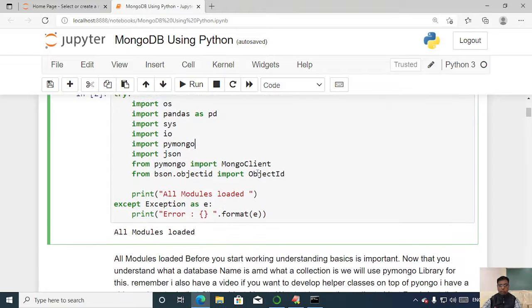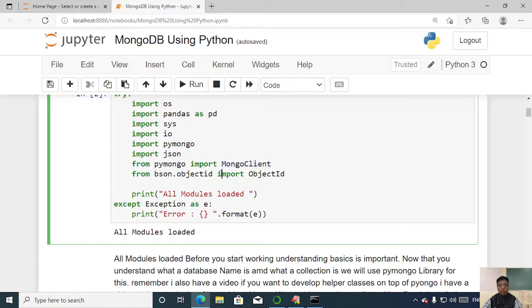One thing to remember: here I have written import PyMongo, and of course from PyMongo I have imported one more module called MongoClient. MongoClient is one of the important modules that we require, using which we are going to create the client object, and through that client object only we are going to connect this Python environment to the server.